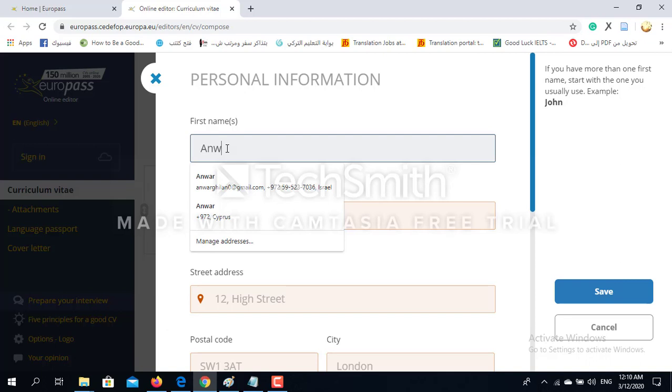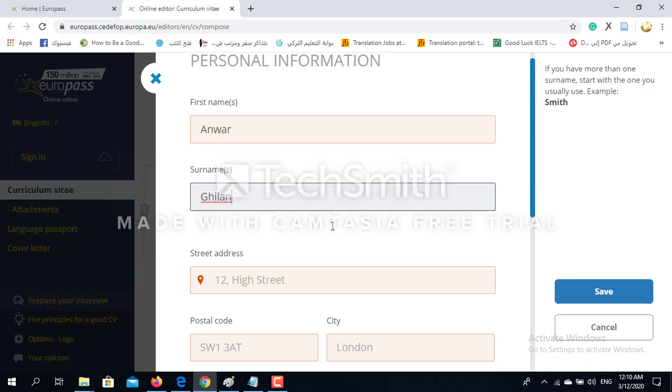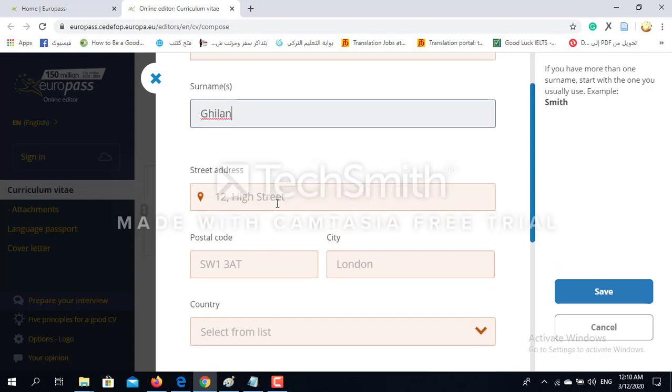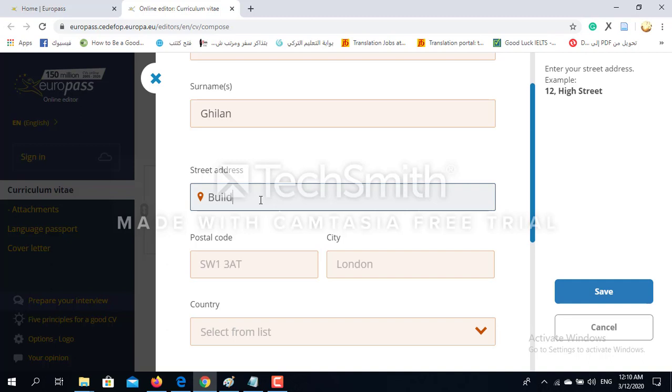Of course, you can write your name like this. My name is Anwar, my surname is Gilan, and the address, street address. So here, based on the street address, it depends on your location actually. So you can write like, for example, building num, which is building num. We have to make it as capital letter. Building num, which is my building number